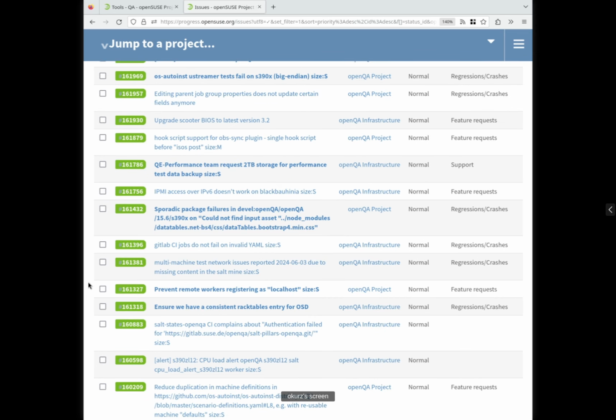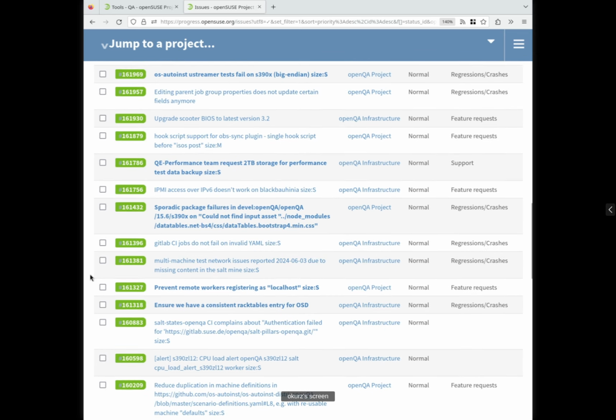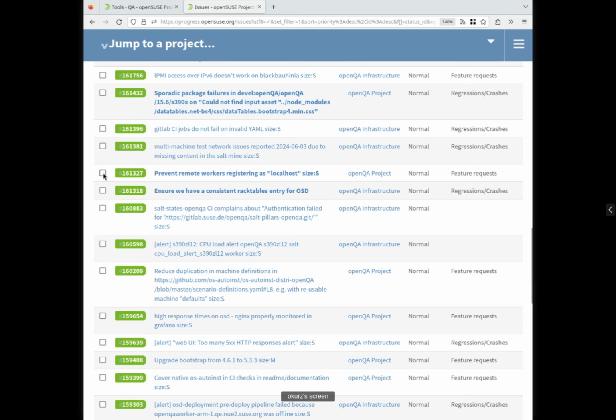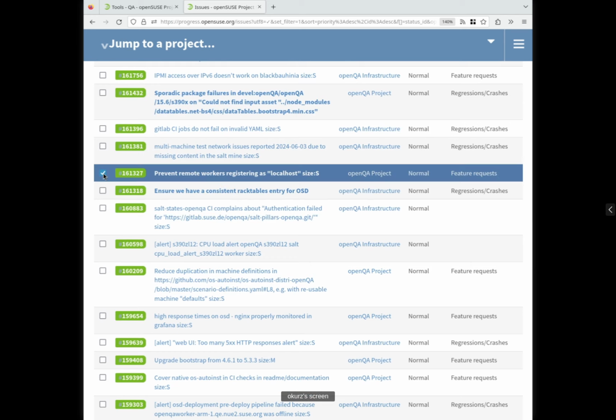What else? Let me check. Yeah, we implemented a check in the worker registration so that a worker which is connected to a remote instance is not allowed to register with the name localhost, because that could be quite misleading.